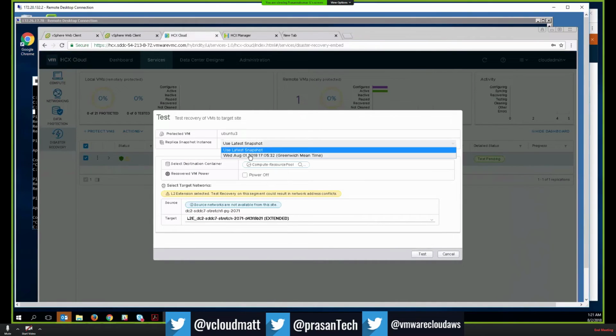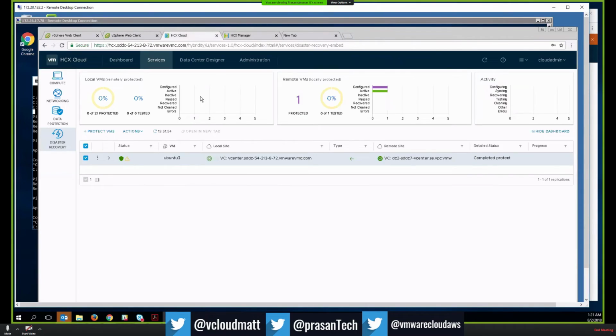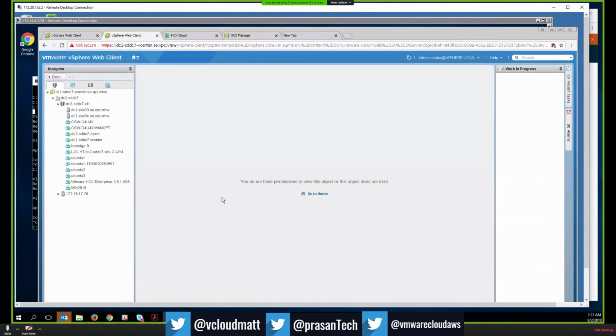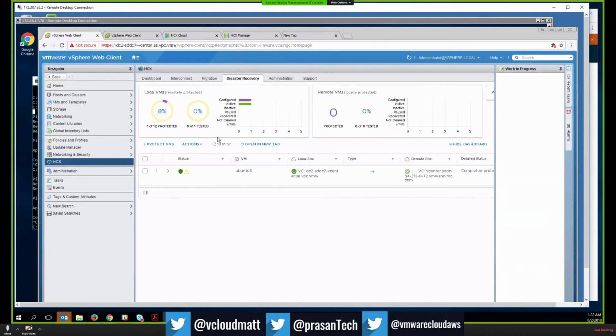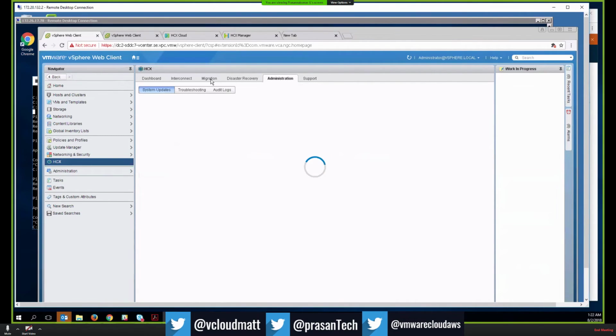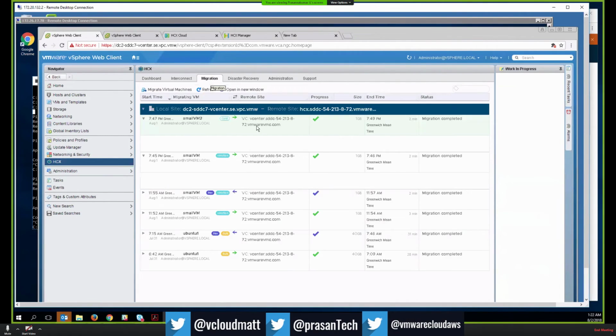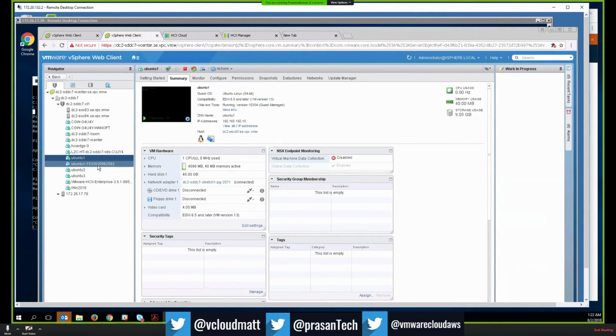And here is where you can restore it to a previous point in time snapshot. So that's pretty much all the options that are available. There are a few other things I want to quickly touch upon. Yeah, you can see that the bulk migration has succeeded. Now, one important point to remember with bulk migration is